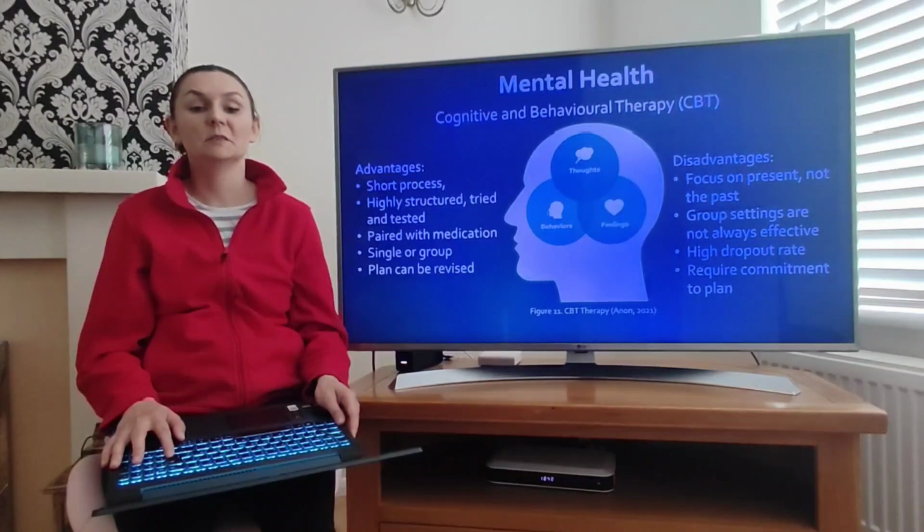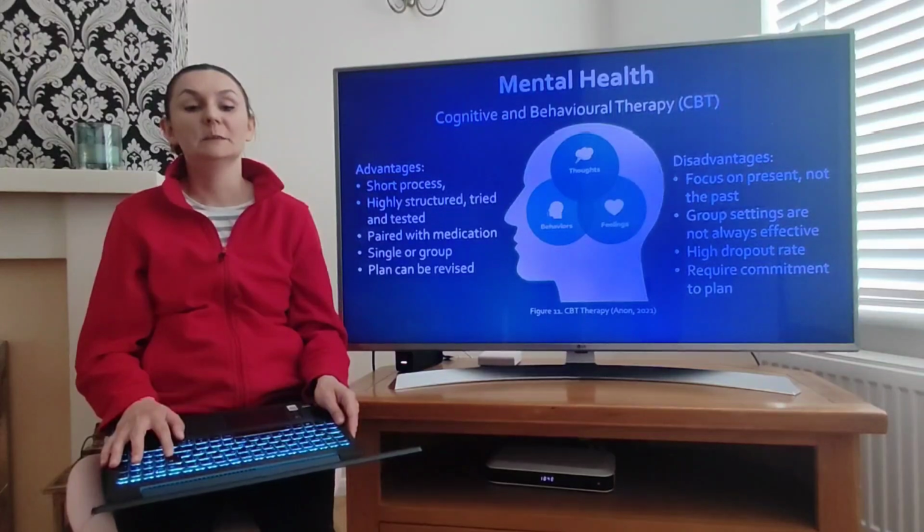The main advantage of CBT is a short process, as therapy usually takes between 5 to 20 sessions. The therapist makes an initial assessment to identify the negativity that needs to be challenged. The therapy plan is well structured and includes different coping techniques. Depending on the patient's plan, CBT can be combined with medication. The initial plan can be revised and adjusted to meet personal needs. Also, therapy can be performed on a group of people.